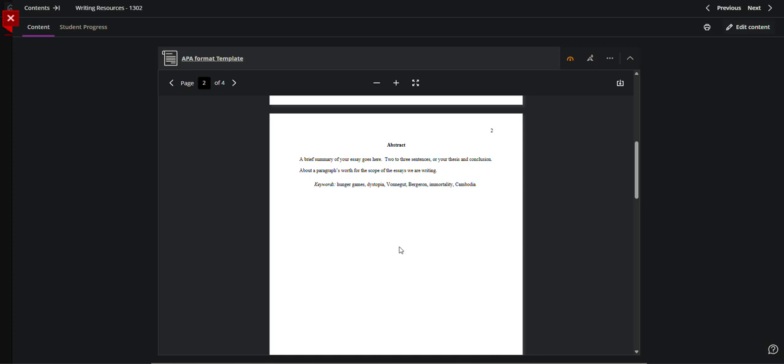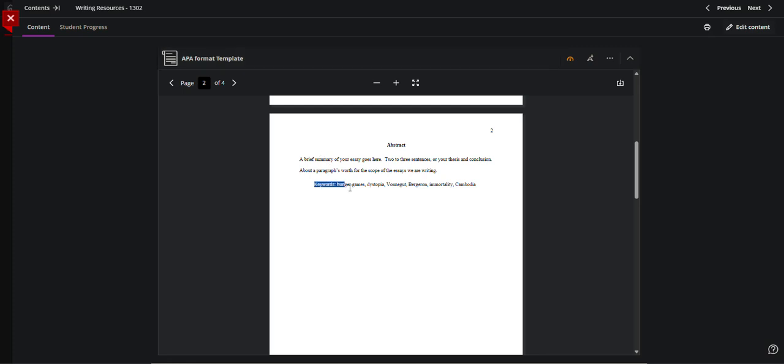I, however, have you put an abstract in the paper as a practice because there will be professors who will still want you to write an abstract, even though technically the formatting doesn't call for it anymore, because it's just good practice. And it's good practice for anybody who's going into a field where you will be writing papers. It's a good practice to know how to write an abstract to get you ready to publish those sorts of things. Now, are most of you going into those types of fields? Probably not, but it's still good practice. It's good practice for summarizing and whatnot. So that's what the abstract is.